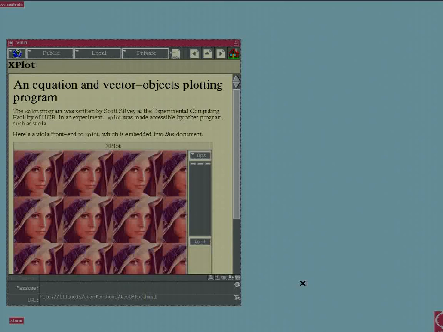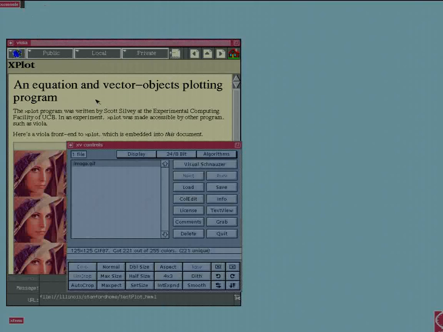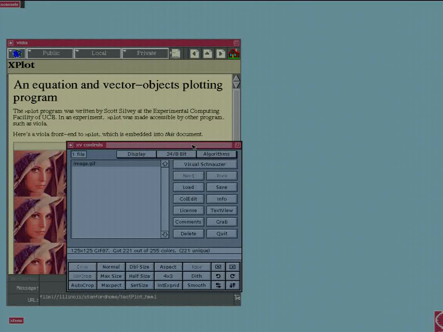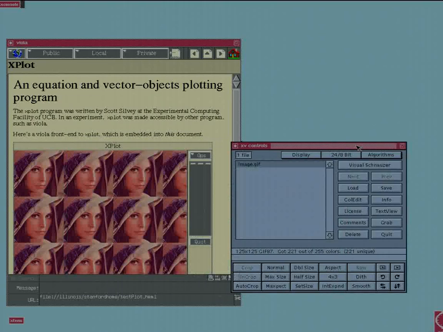So the embedded window is shown here, and the actual control panel appears here. It can be moved out of the way so that it's off to the side. And this is the conventional XV control panel that you would see even if you were running this as a standalone application. So this montage that has been shown inside can be